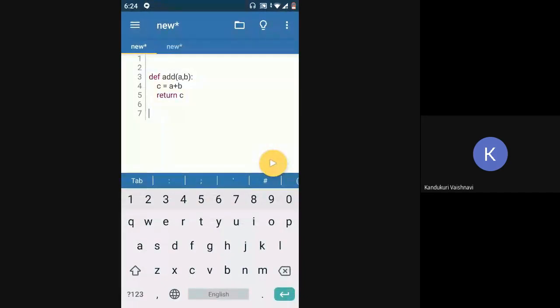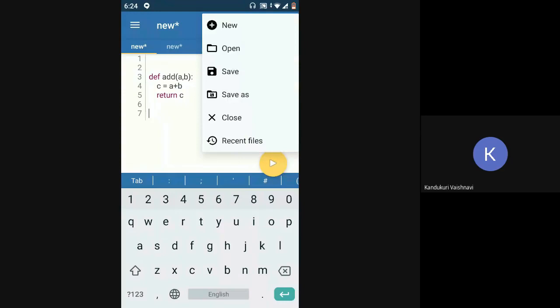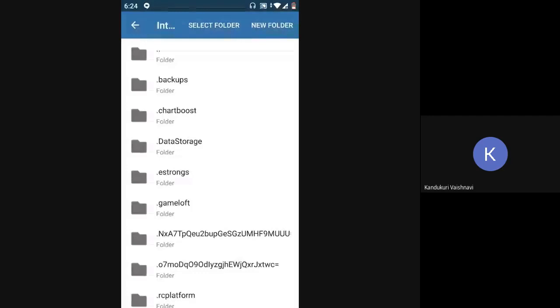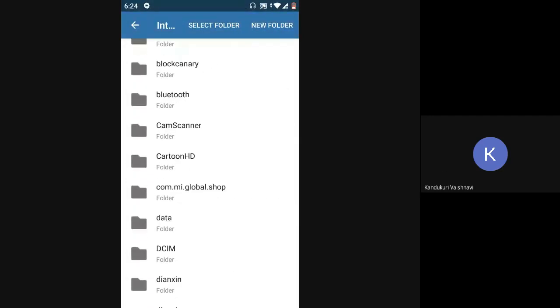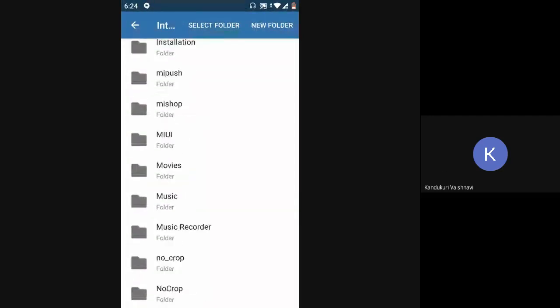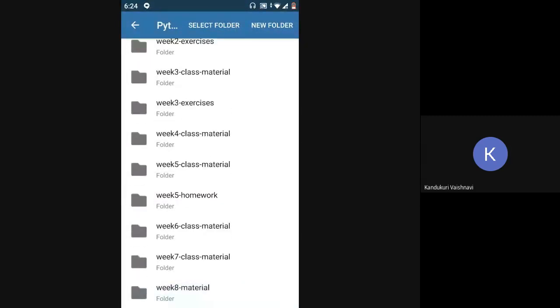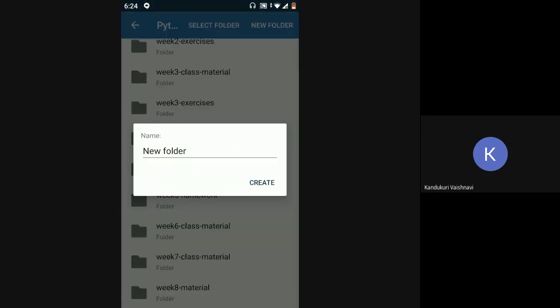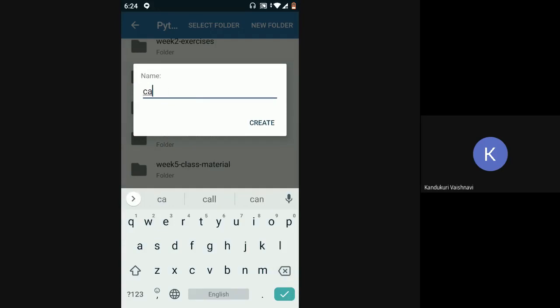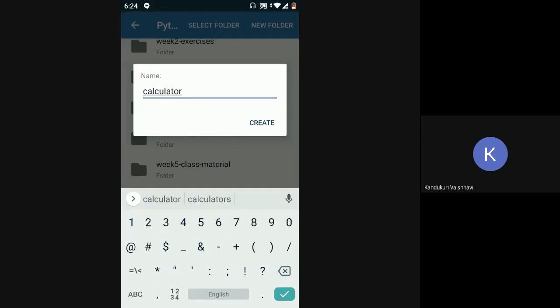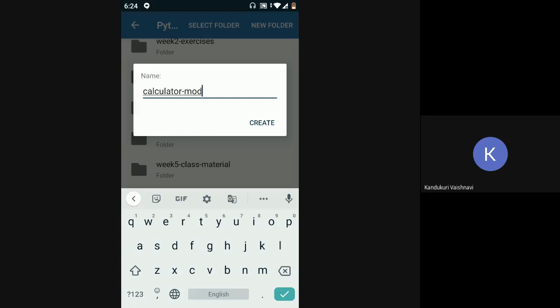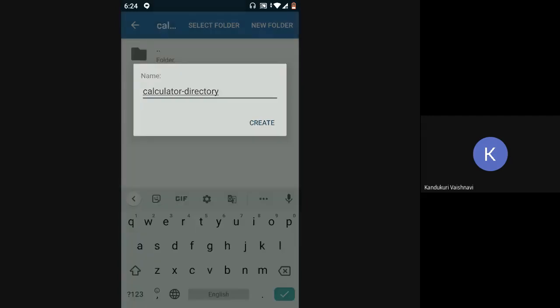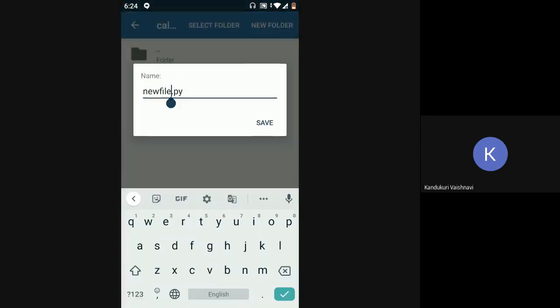So if I name this file, I'll just save it in one of the folders. I'm just going to call it calculator module, or calculator directory. So this is one folder I have created, and over here I'm just going to paste this operations.py.